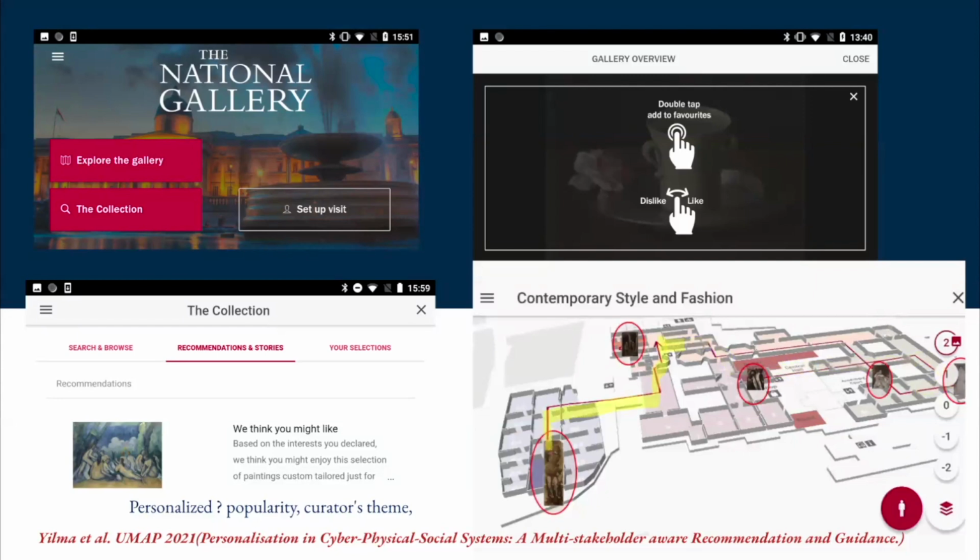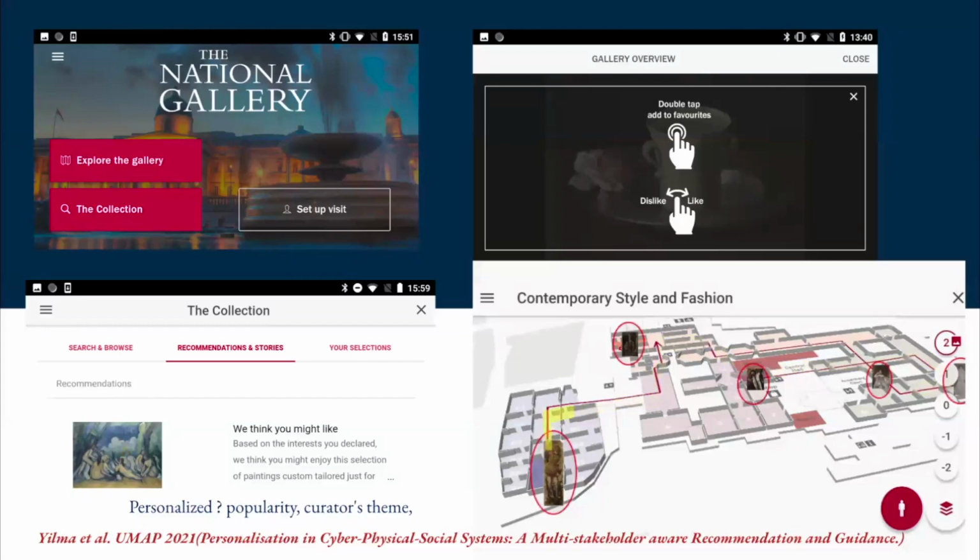First thing, some people are not tolerant to crowds. So even if you have an interesting painting that is recommended in a certain room, maybe the room is quite crowded. So how do you actually navigate this in the physical space? And for example, are the users tolerant towards walking too much to find interesting paintings? So this brings additional constraints, which I will not be talking about, but in this paper, we discuss something called